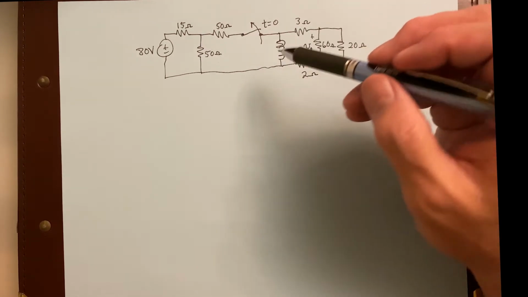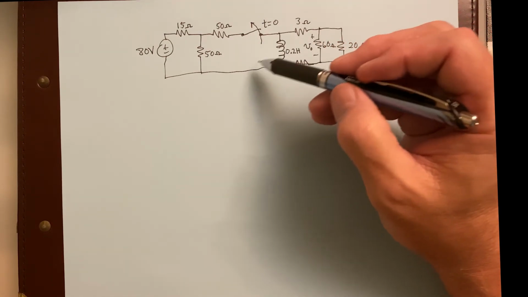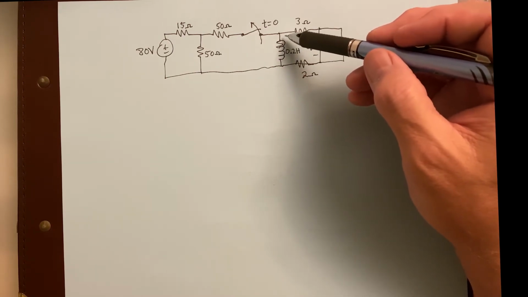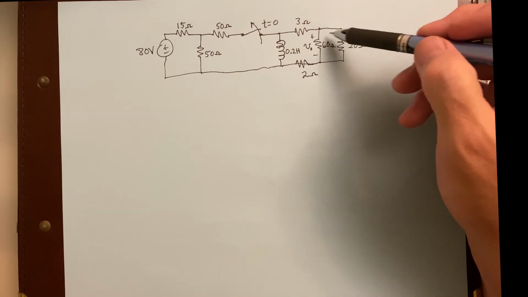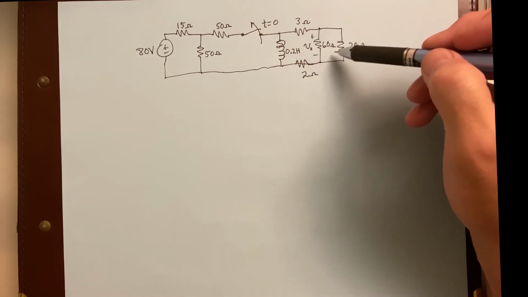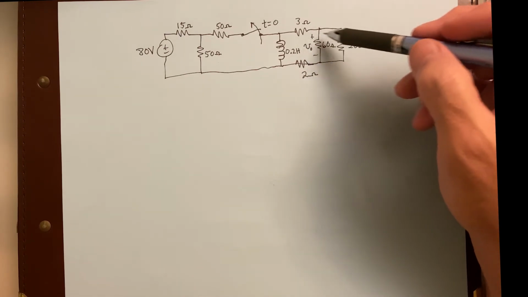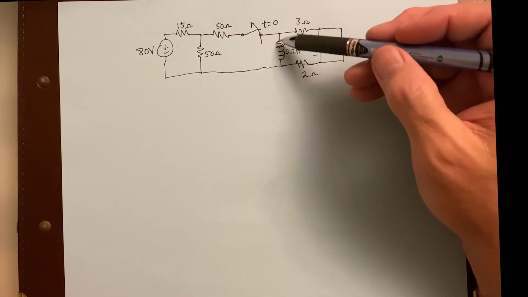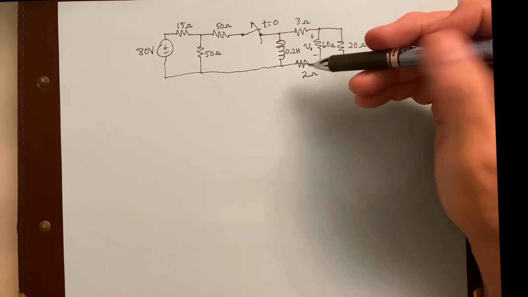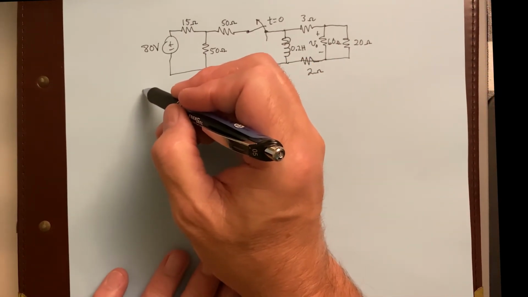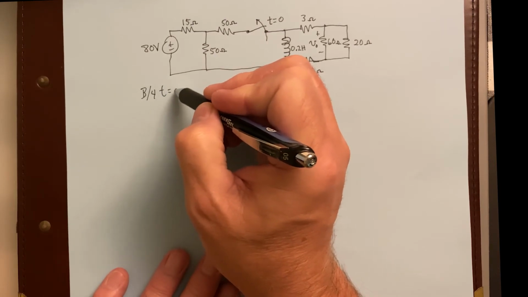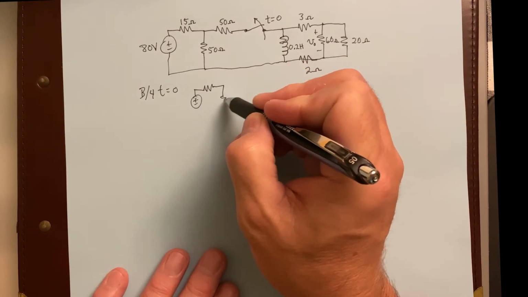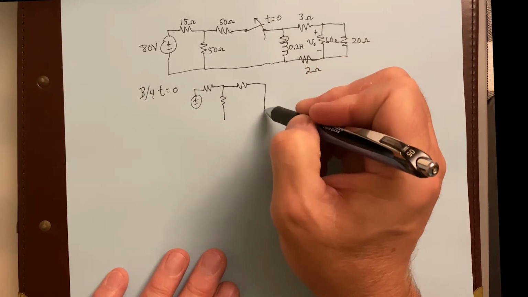So if that's the case, then any current that's coming along here, either down or going up, doesn't matter, is going to pass through here and not allow any of that current to go over here to the right-hand side of the circuit. So this part over here may as well not even be here before t equals 0, because no energy is going in that direction. All of the current, all the energy is just passing through that inductor. So if that's the case, then before t equals 0, this circuit could be redrawn as this,